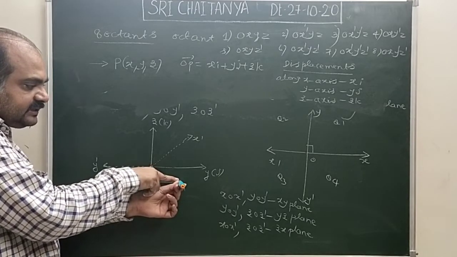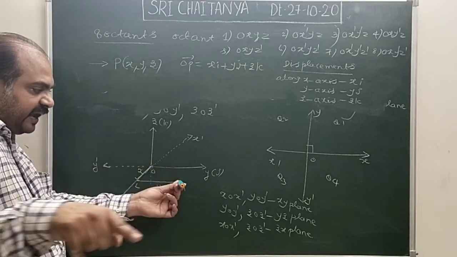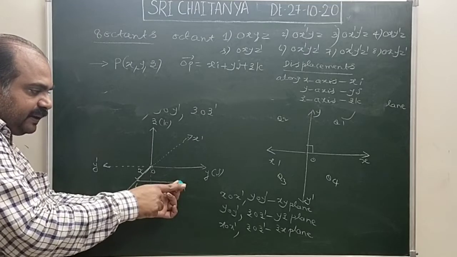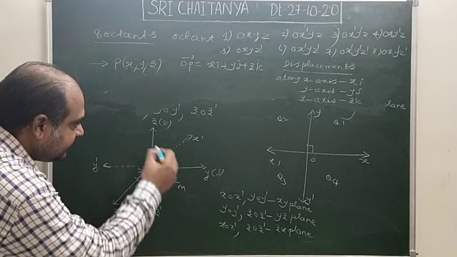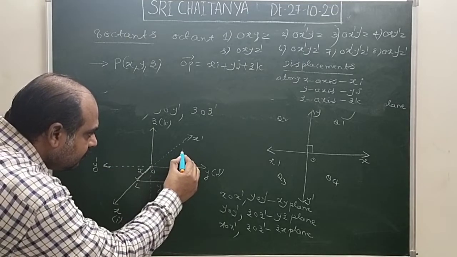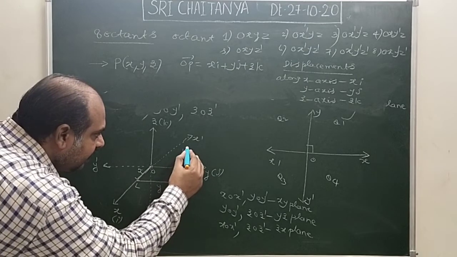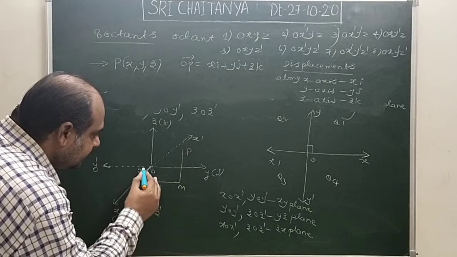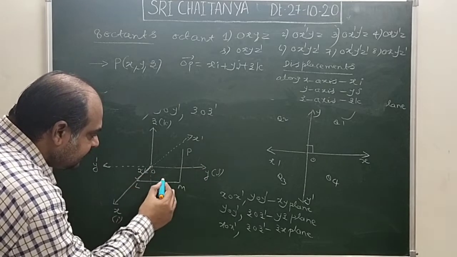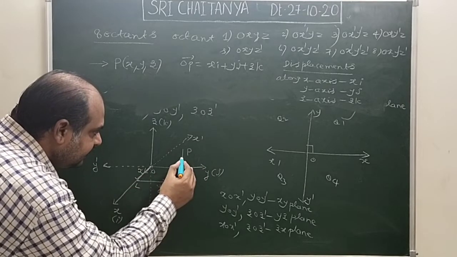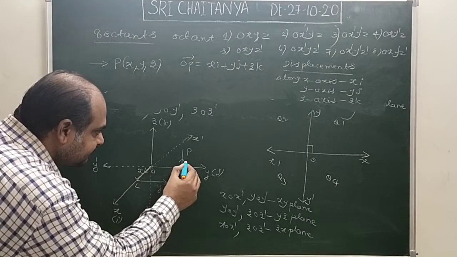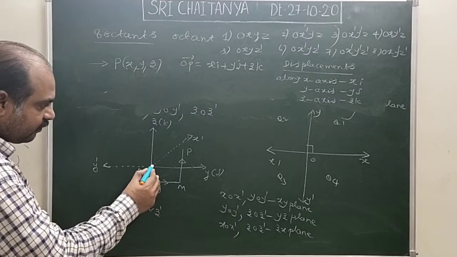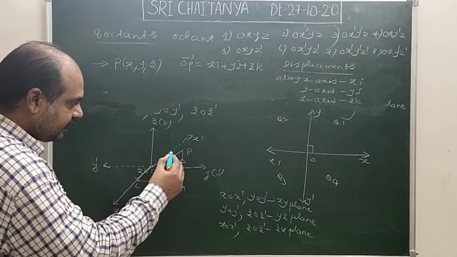So in this direction towards your face, z units displacement, that I cannot represent here. P will be here, that I am representing in the z axis direction on the board, but actually P will not be on the board. That means in this direction one displacement, in this direction another displacement, in this direction another displacement. So what is the final point? Therefore this OP bar,